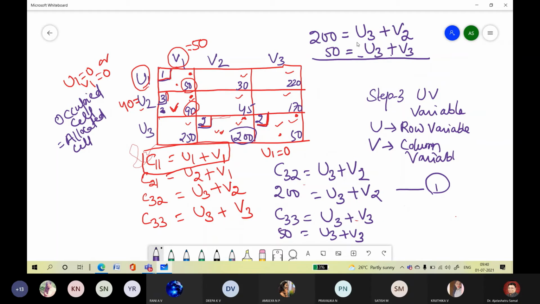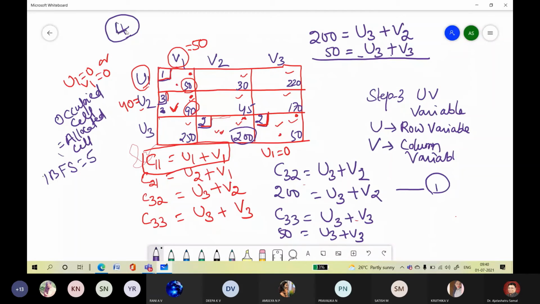So now you tell me how many we got. Kritika, you tell me how many. What is the IBFS value? Tell me. What is the IBFS value? 5, sir. 5. But how much allocated cell value did you get here? 4, isn't it? So you cannot apply. Why? Because keep in mind this is one of the special questions, guys. In all these questions the allocated cells are 4.